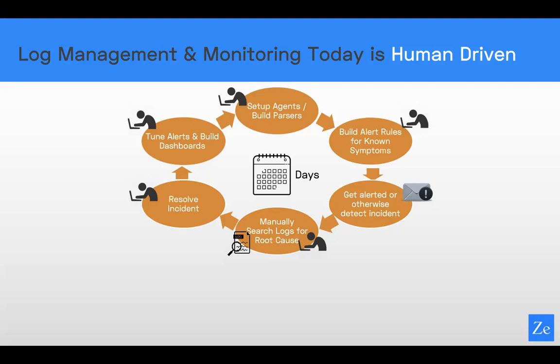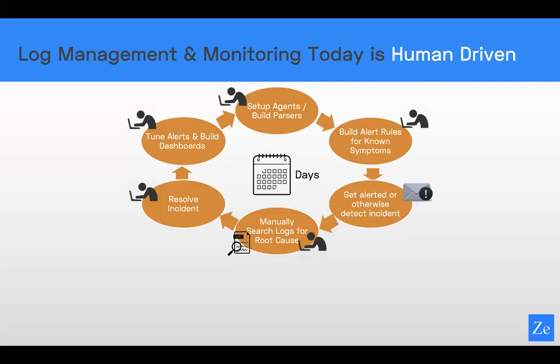So then an incident occurs. And hopefully one of your rules caught it and you're alerted at an appropriate time. But we hear more and more often from customers that they only detect a problem when someone calls in to say something's down or somebody notices that a system isn't working. So one way or another, the incident gets detected and then it's all hands on deck. It's scrambling, it's hunting for the root cause, it's looking at charting some of the metrics, looking in the logs, digging in. This is a whole process of human effort, intuition, brute force. But if you have a skilled team, hopefully you'll figure out root cause,